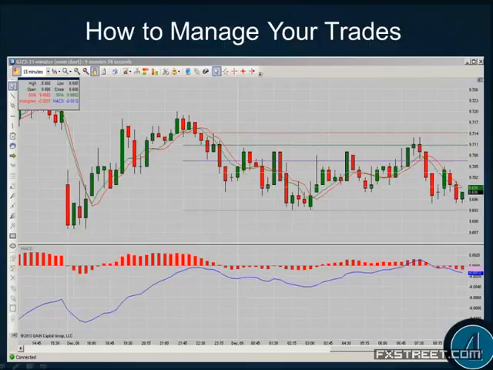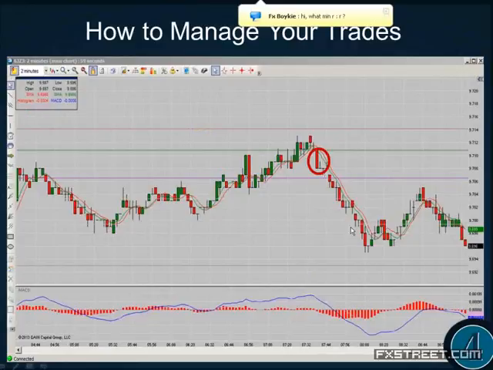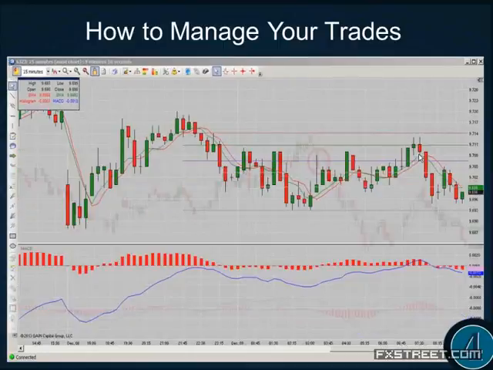So you get in based on the signal. Your initial target, 8 or 9 pips, is based on the risk. Then you let the profit run. And it looks like dollar yen or yen future did make a new low here, so I'm still short based on the 15 minute. I'm using that 15-minute MACD to measure that trade now. So in the end, you're going to get a little better reward than 1.4 on that trade. But it starts out, your minimum risk reward is going to be 1.4.